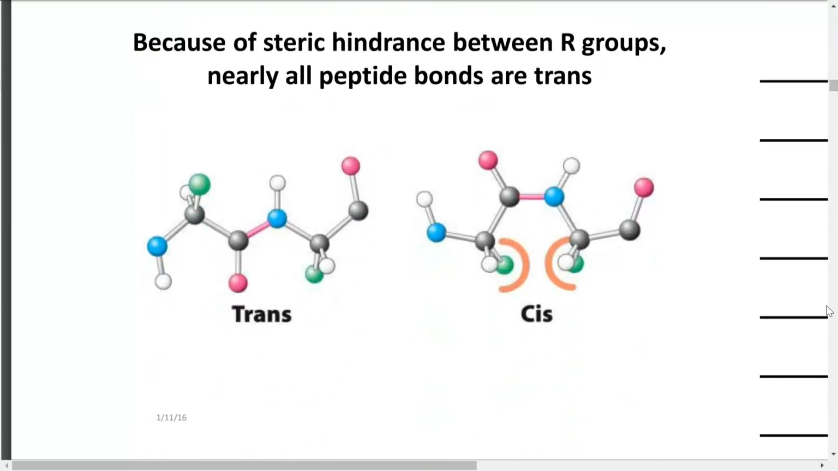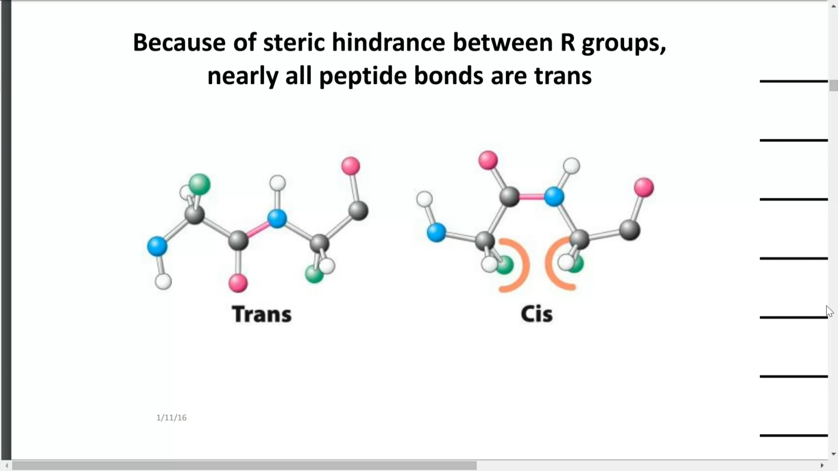Sterically, because of these large R groups that are now hanging up there, the most energetically favorable orientation is going to be, most of the time, the trans configuration. So in other words, around those peptide bonds, you're going to be alternating R groups. Okay, now the fold on top of that, but in general, nearly all peptide bonds are going to be in the trans